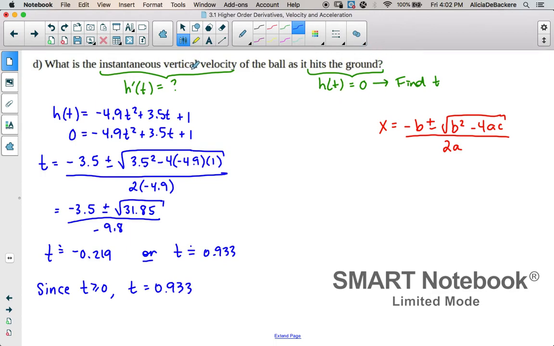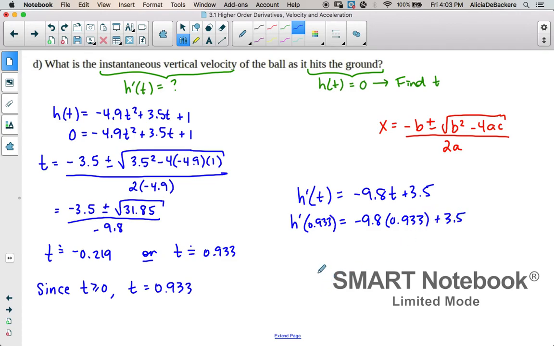Now I actually want to find what's the speed of the ball as it hits the ground. Hopefully it makes sense that you should be finding a negative speed if it's hitting the ground. And so I'm going to just plug this t value into my derivative because my derivative is what tells me the speed. Remembering the derivative is this equation. And then just typing that into my calculator, I get